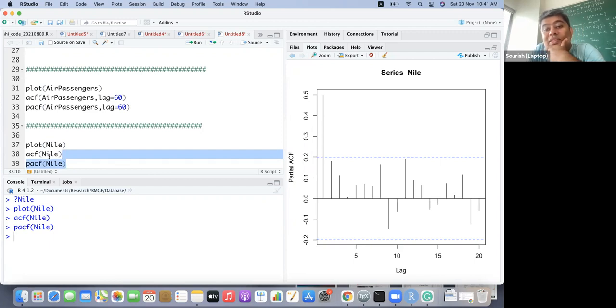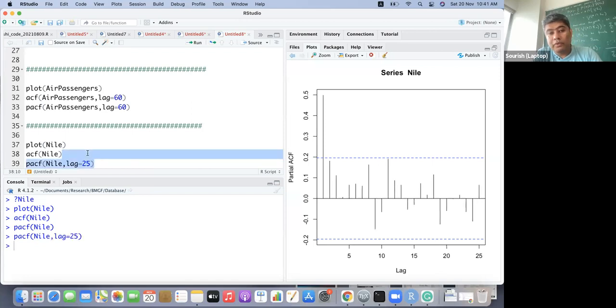The PACF tells us that, except for the first lag, the lag 1 correlation, there is almost no correlation at any other lag. We can in fact increase the lag up to say 25, and even with that, we see almost no lag correlation in this data other than lag 1.